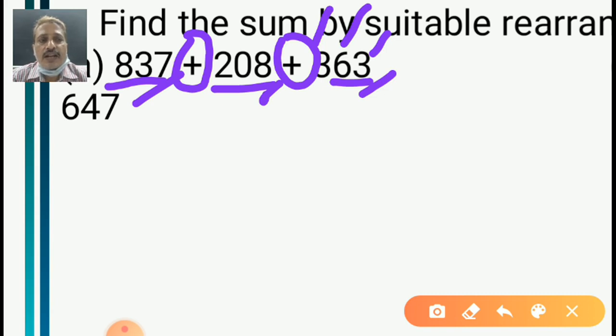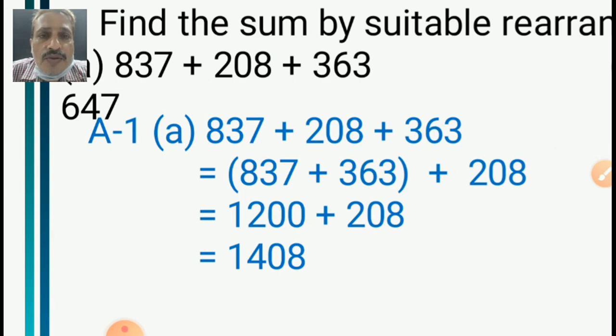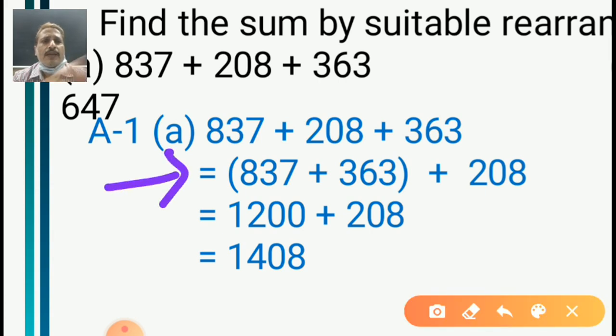So shall we make it in associated groups? Okay, let's check the answer, how to go for this answer. Once again I remind you, you should write the question with black pen, and the answer with blue pen. Oh, very nice. You all have both kinds of pen. It is very easy to read the question and answer, and you can find the solution easily. See, students, here the question is written 837 plus 208 plus 363. Some students write the answer directly from this step, no problem. Just now I gave a hint.